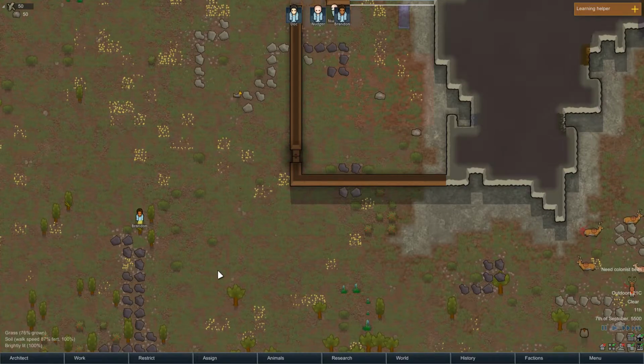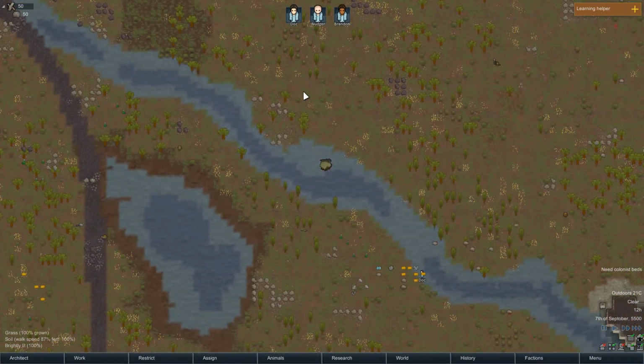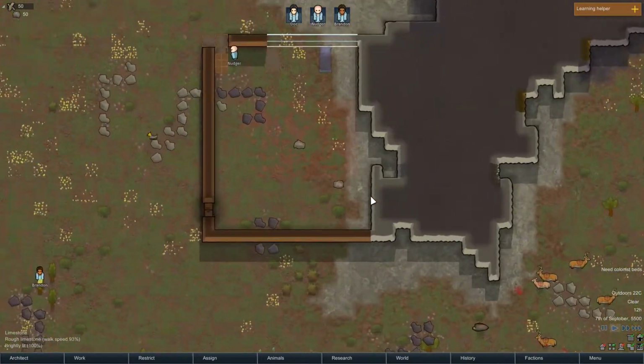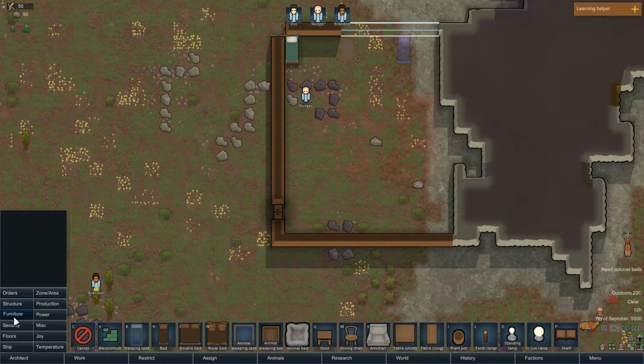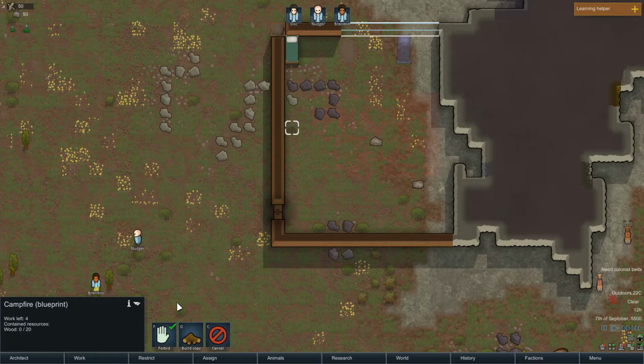You know what I feel like? Where's Doc gone? Doc, what are you doing? Oh, there he is. He's eating food. Oh, yes, food. That's going to be important. Well, we'll have to make a campfire. Yeah, we'll start with a campfire, because that's going to keep us warm and we can cook food on there. So we'll go Bills...